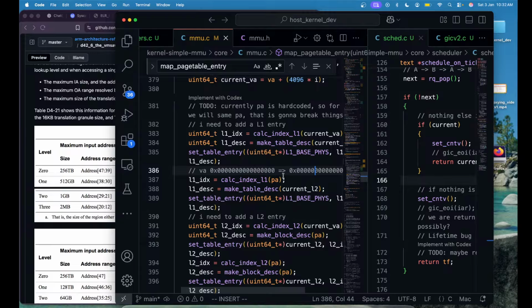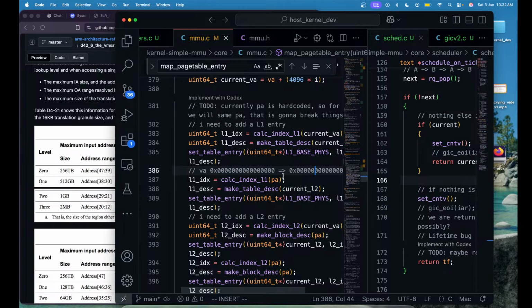And then we calculate the L1 index. L1 index is just 0. We set a table descriptor for that, and we get into L2,